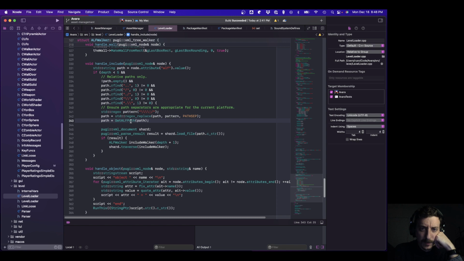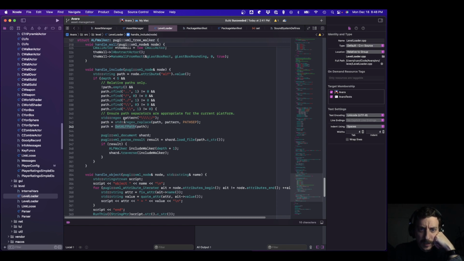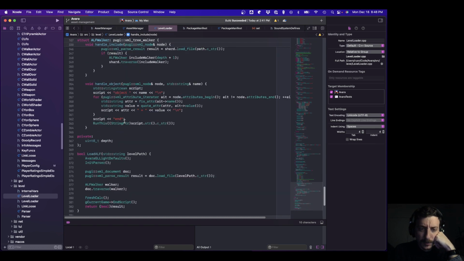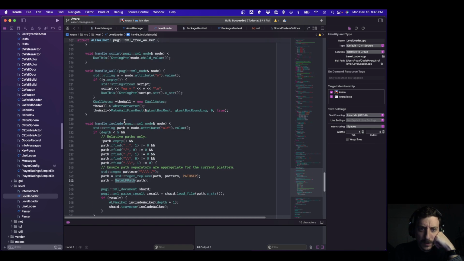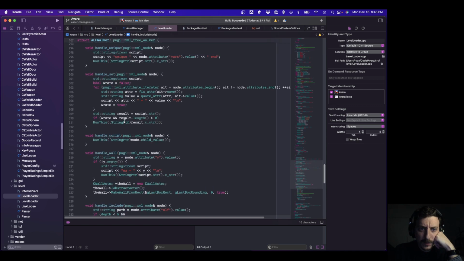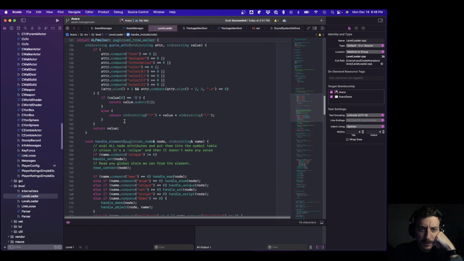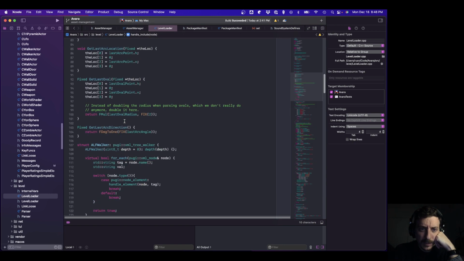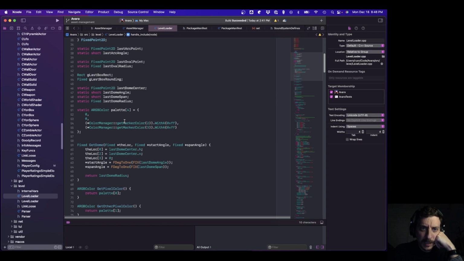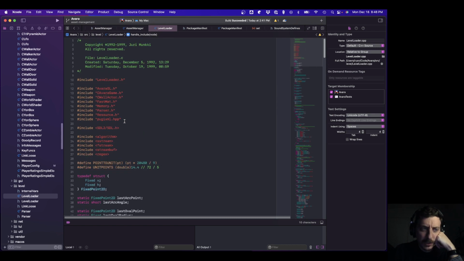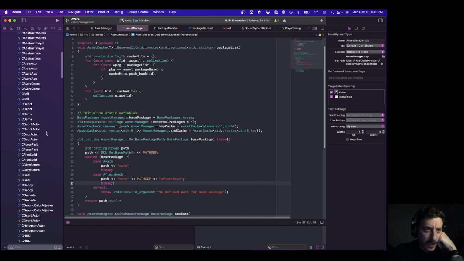We certainly have this get alf path function, and that's maybe not the best example because I'm probably not going to really refactor this so much, but there's a lot of code in